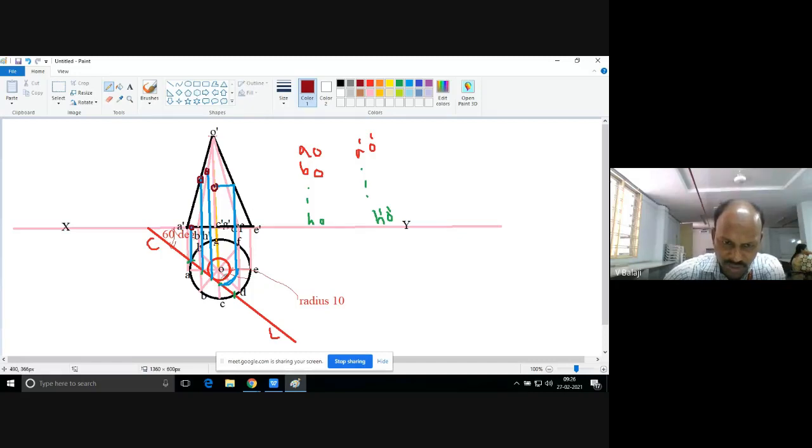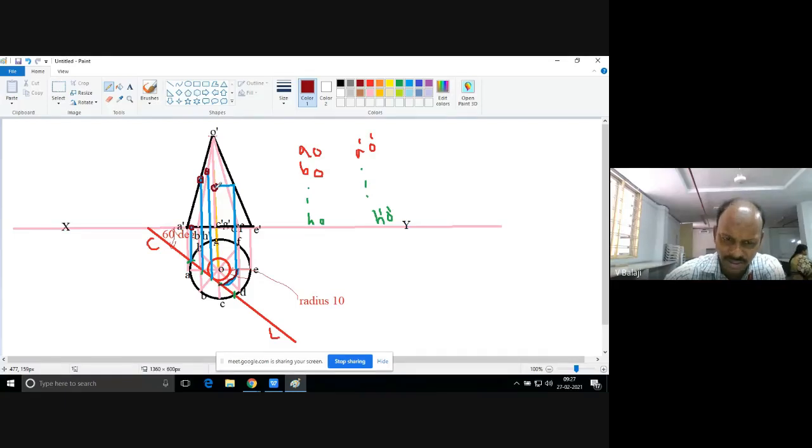Okay, because we don't find the CO projector directly intersecting the C dash O dash, for that reason we have taken this procedure. We have taken some circular arc and then extended, because the circular arc we have taken onto EO. So we have extended up to E dash O dash. Then we took the horizontal line to get the required point. Okay. Lastly, we are having one more point, right? Green point here in between C and E. Is this circular arc finding the fourth point? Is it clear, or shall I repeat?